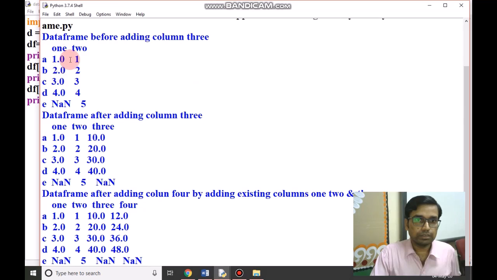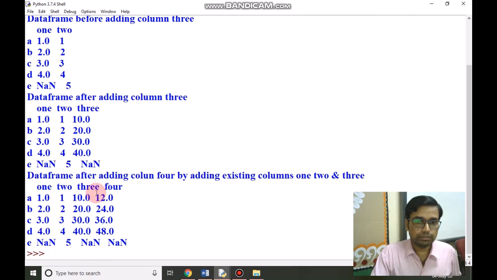This is the original data frame. After adding 3 columns to the data frame, then a new column 4, which is the addition of columns 1, 2, 3. Then it is showing us 1 plus 1 plus 10 is 12, 2 plus 2 plus 20, 24.